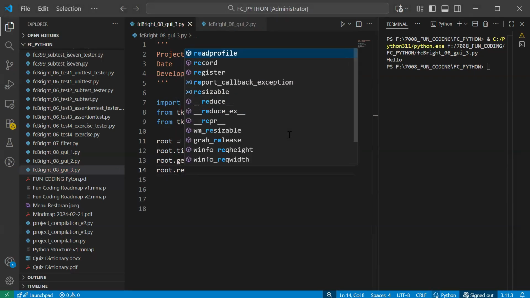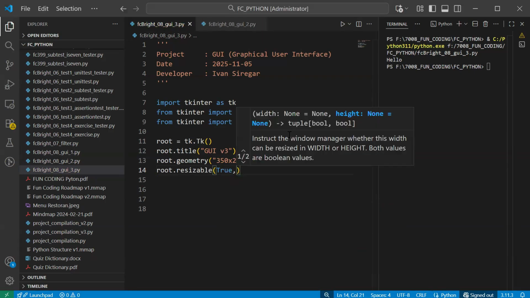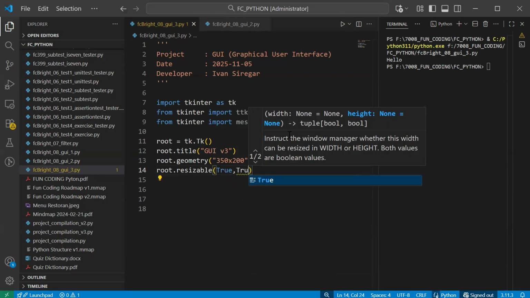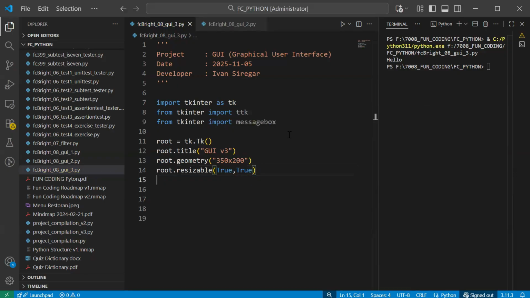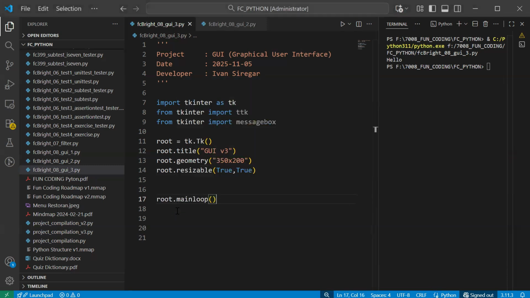Make resizable both. Which one can be resized, the height or the width? So make it true like this. And finally you call the root main loop. Then continue.